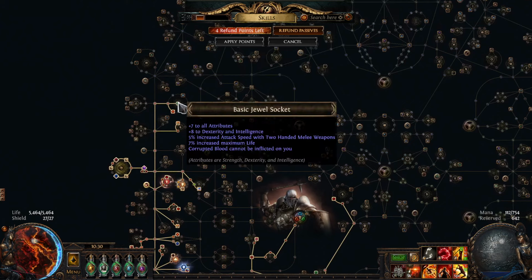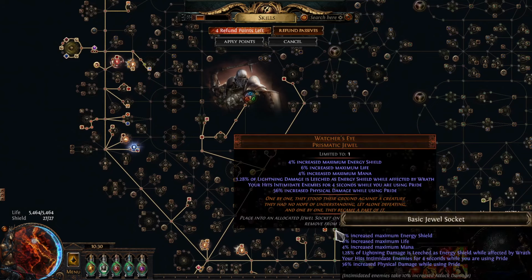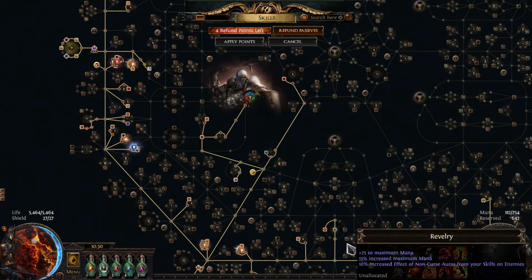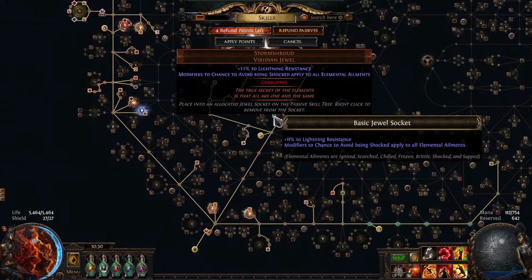And also we have, where is it? I guess it's here. We have a Watcher's Eye that gives us: your hits intimidate enemies for 4 seconds while you are using Pride, and also 56% increased physical damage while using Pride. And also we are using Storm Shroud